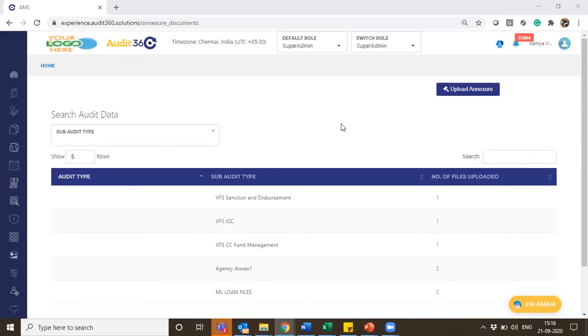Okay, so I'm moving ahead with the upload of annexure. What happens in upload of annexure is, when a static annexure type is configured, we have to do a one-time upload of the information, where the same sample on every schedule will be used. But an annexure document upload is mandatory for a schedule. When it comes to dynamic, we have to have a date range in which we upload the data. So let me show you how we can upload the annexure.